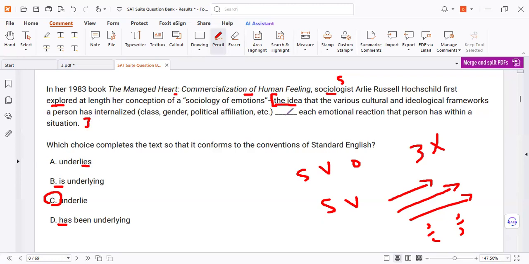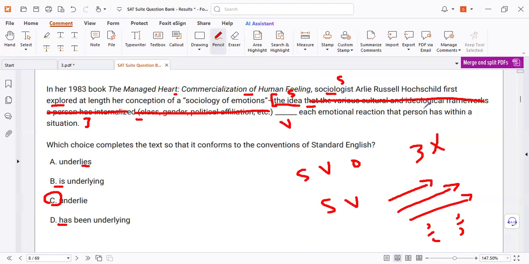Now, the idea that, remember, the idea, and then the relative clause, the various frameworks a person has, non-essential, delete. I'm just deleting the phrases or relative clauses. And then you find the verb. So each emotional action, what or who underlies each emotional action, the idea